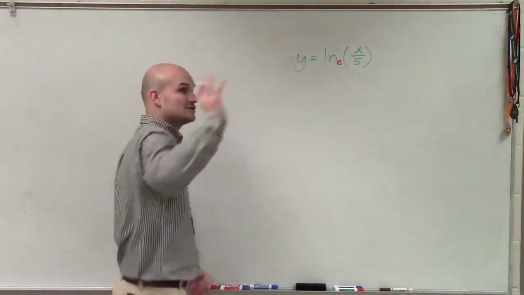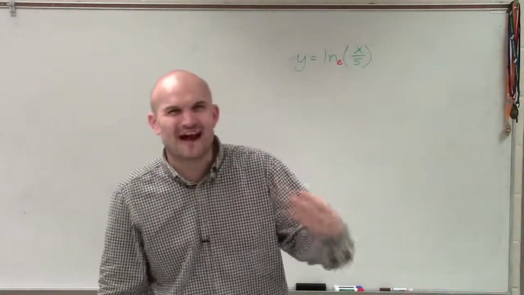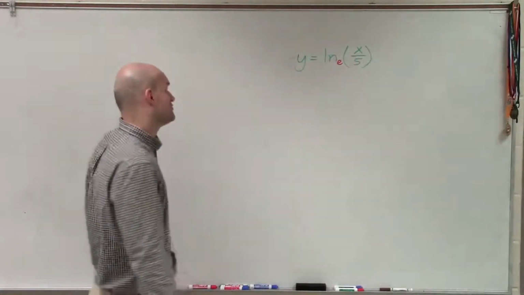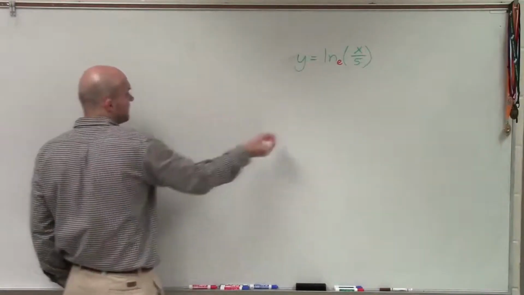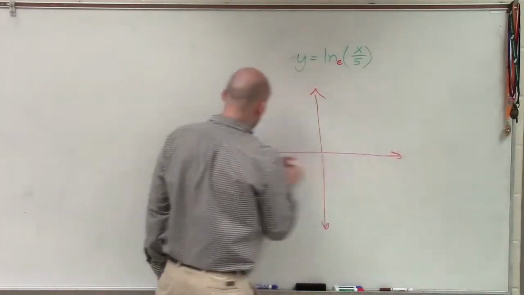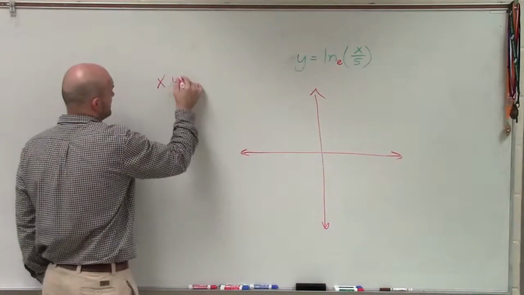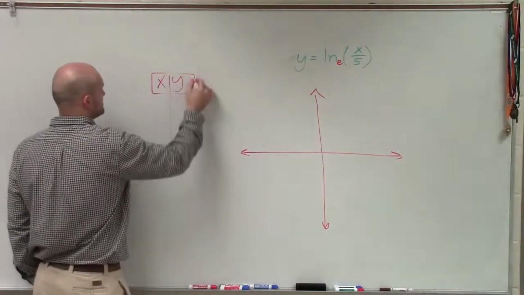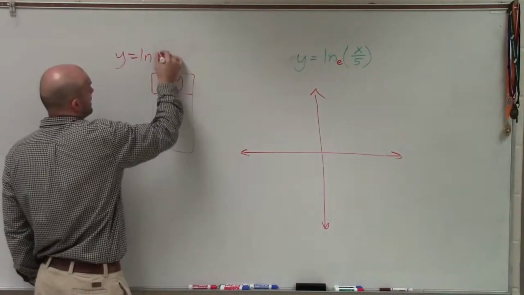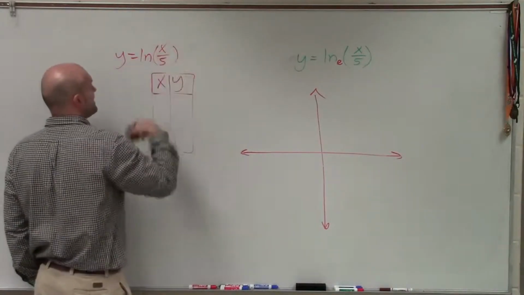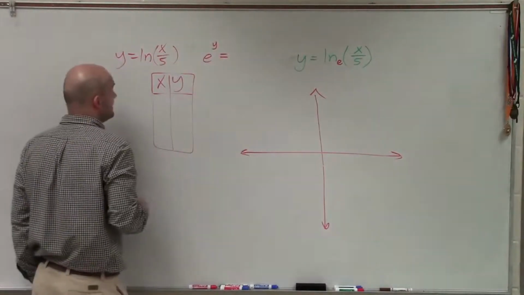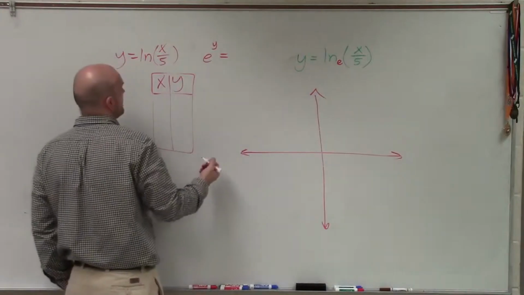Now I look at this and I see that there are no transformations, but I have my variable being divided by 5, which is very odd in comparison to some of the problems we've been going through. If I was going to graph this, I'd set up an xy coordinate plane and then an xy table. Just like I've done for my other problems, I'm going to take my parent graph, y equals ln of x over 5, and rewrite it in exponential form. So there would be e to the y